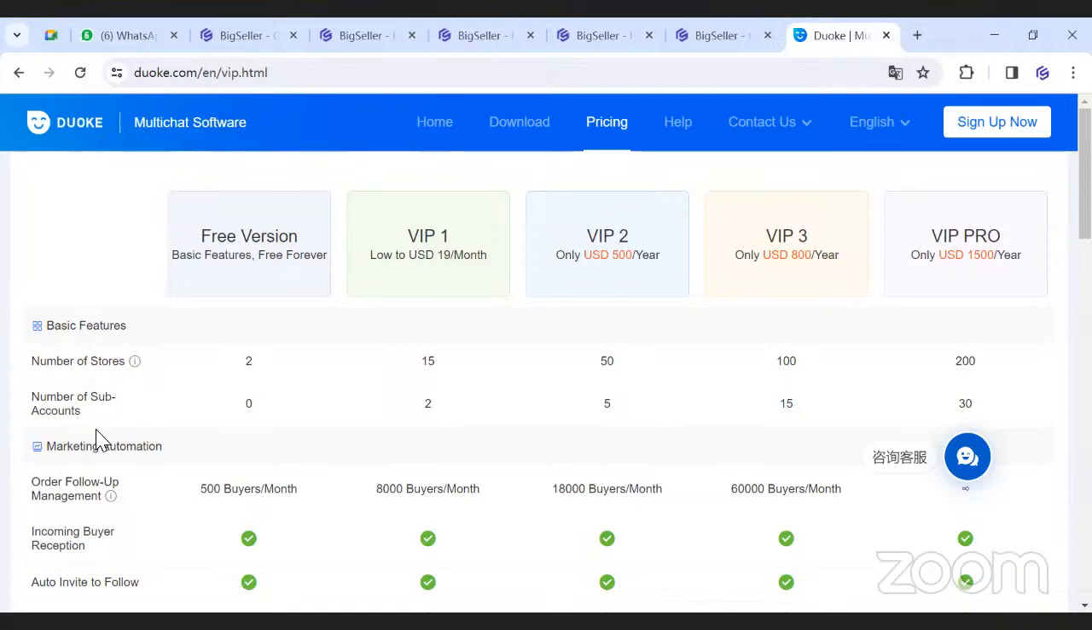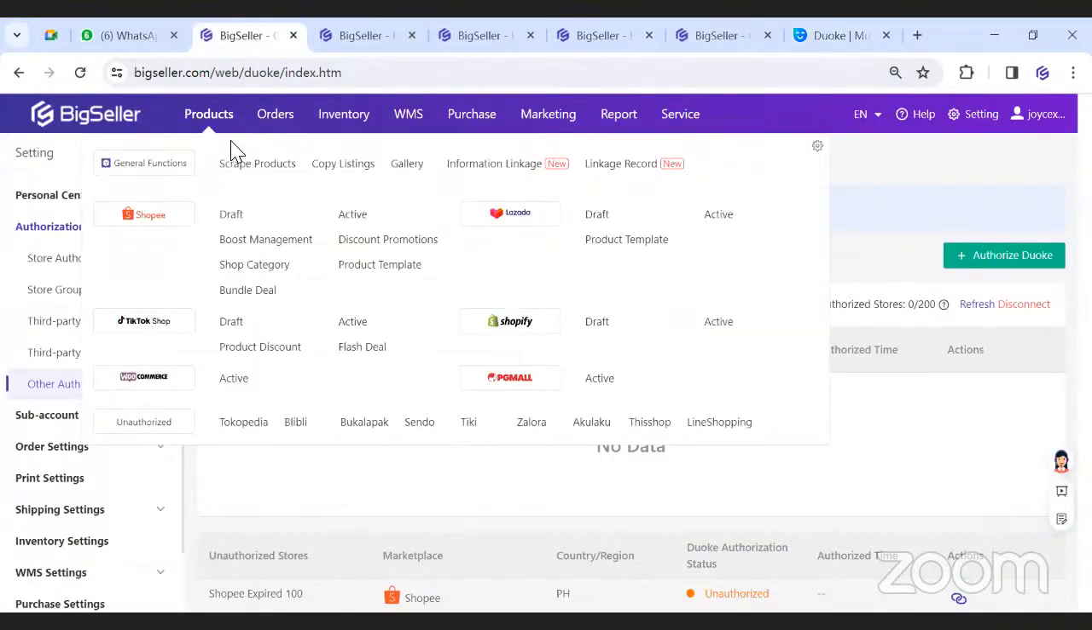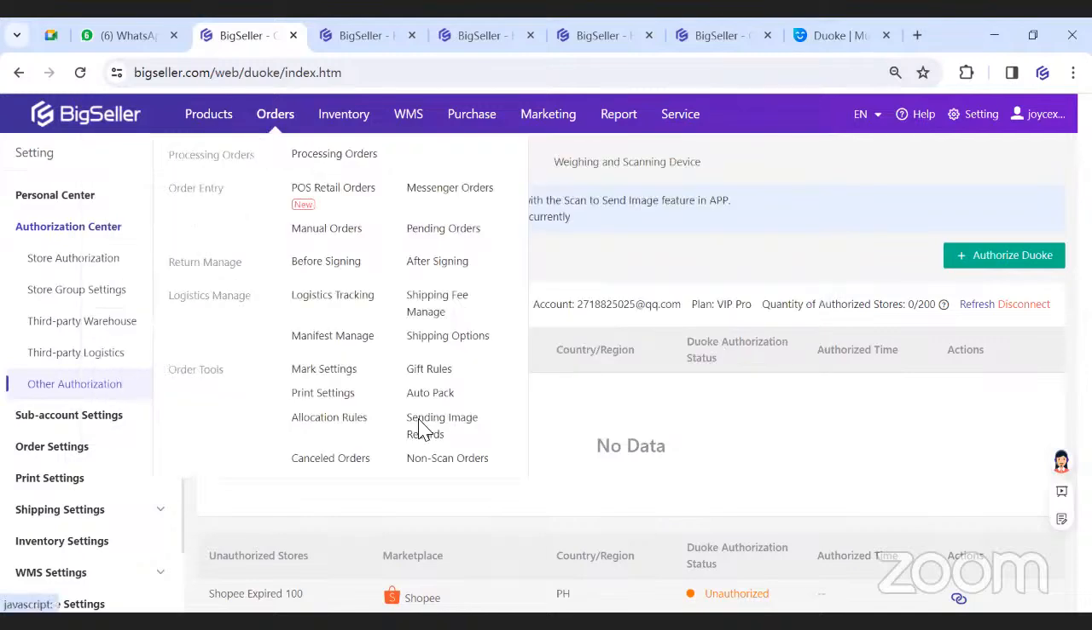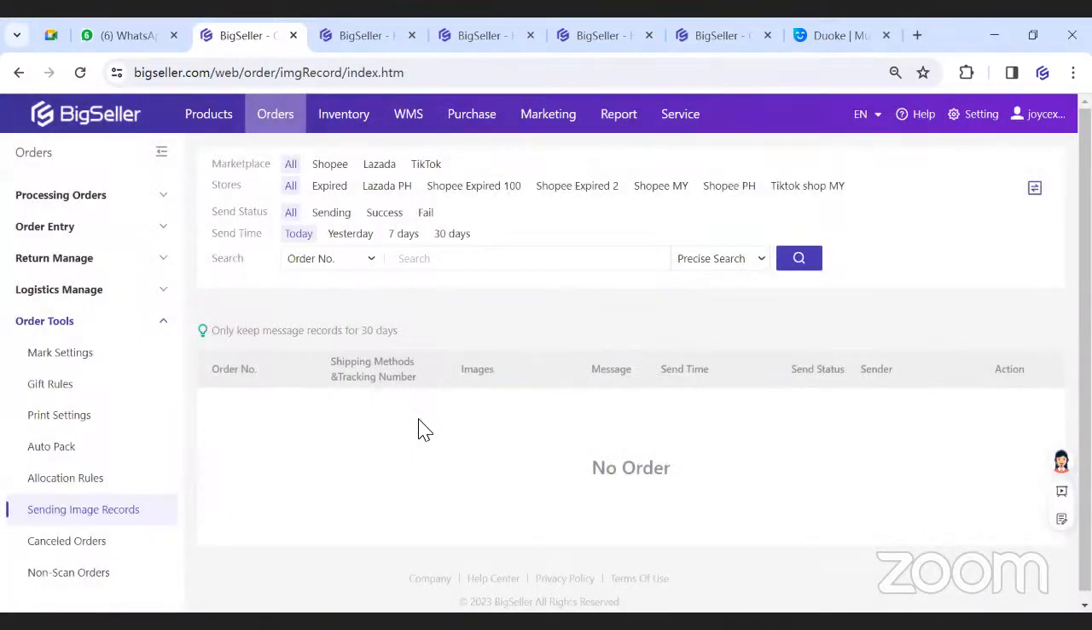Here we have a question: what benefit does linking with Docker and the scan to send image feature have, and what function? Actually, the reason why we have this feature is that some sellers always receive complaints, or maybe the buyers always report they haven't received the package or the item is damaged. So by using scan to send image, you can take a picture of the items inside before you ship